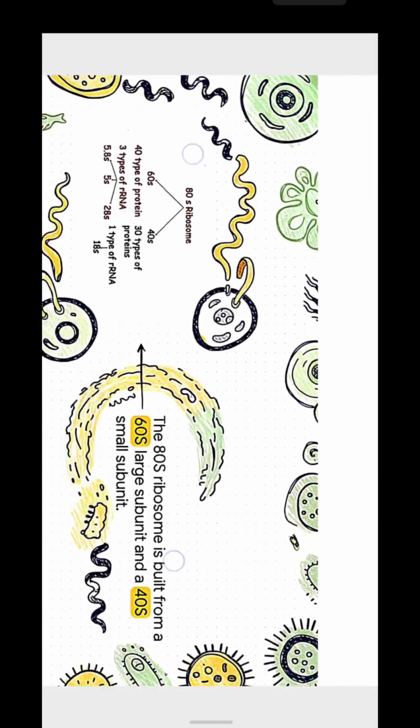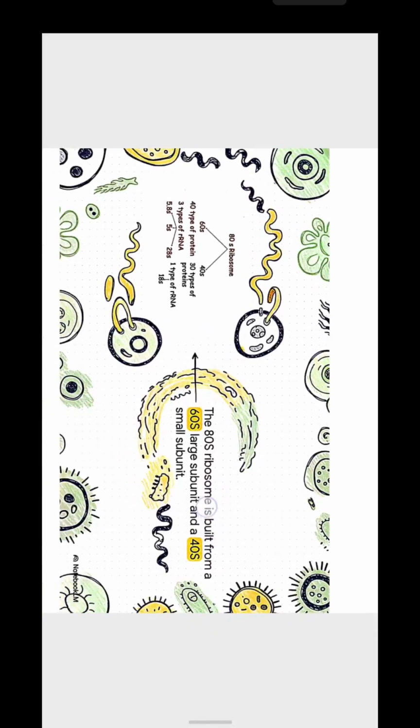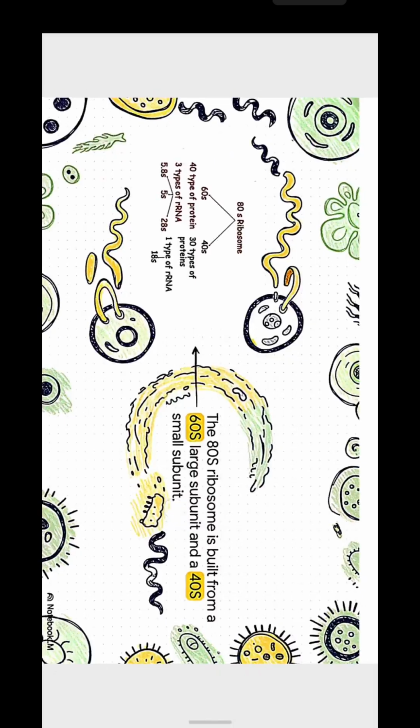Normally, these subunits are assembled only during the process of protein synthesis. When there is no protein synthesis, these subunits are in a free state, in the form of their largest and smallest subunits. So first we will talk about the 80S type of ribosomes.